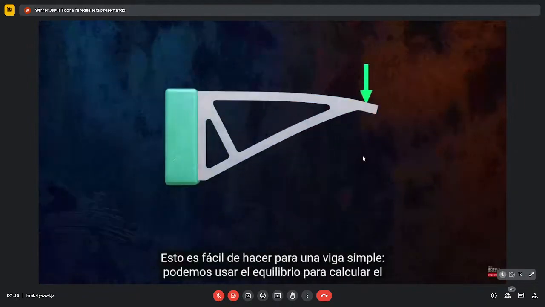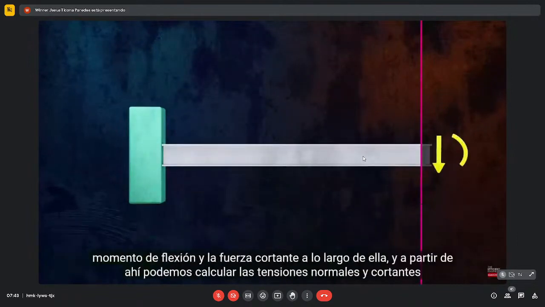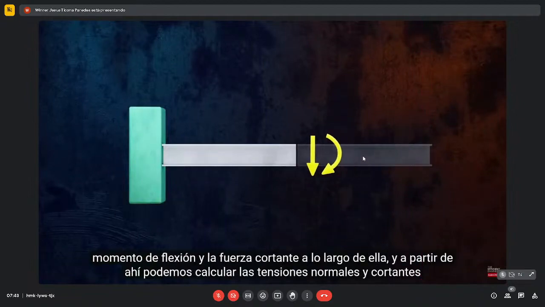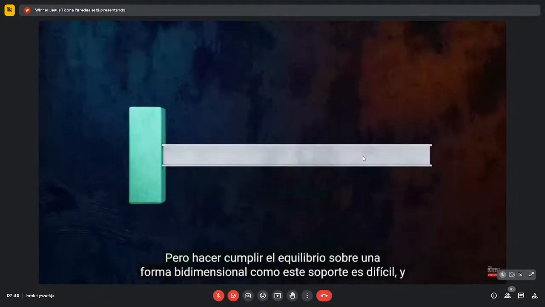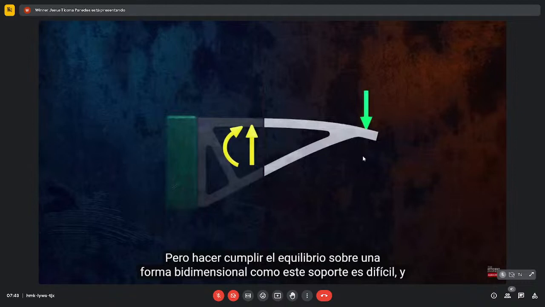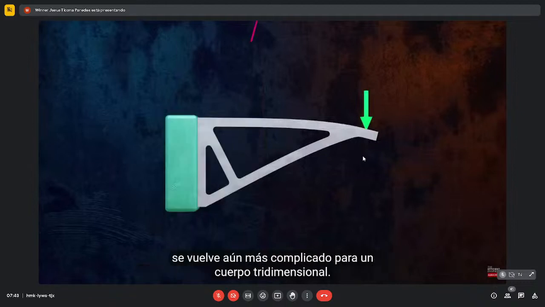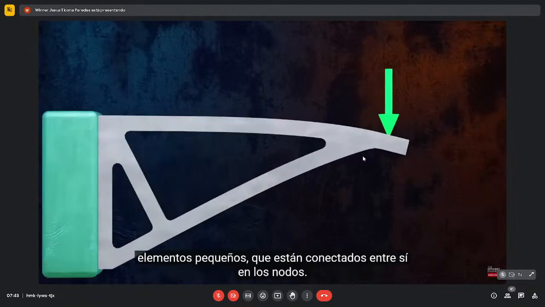This is easy to do for a simple beam. We can use equilibrium to calculate the bending moment and shear force along it, and from there we calculate the normal and shear stresses in the beam. But enforcing equilibrium over a two-dimensional shape like this bracket is difficult, and it becomes even more complicated for a three-dimensional body. The finite element method approaches this problem by splitting the body into a number of small elements that